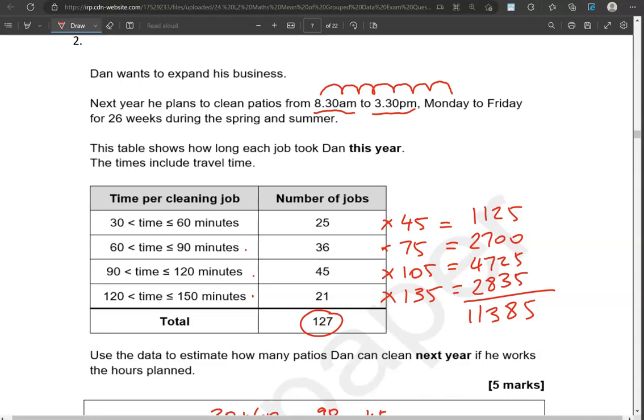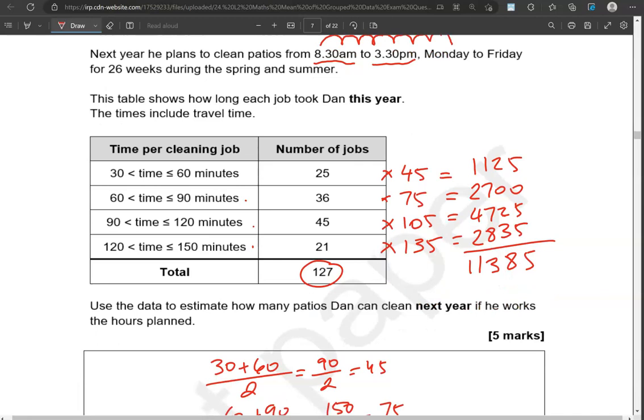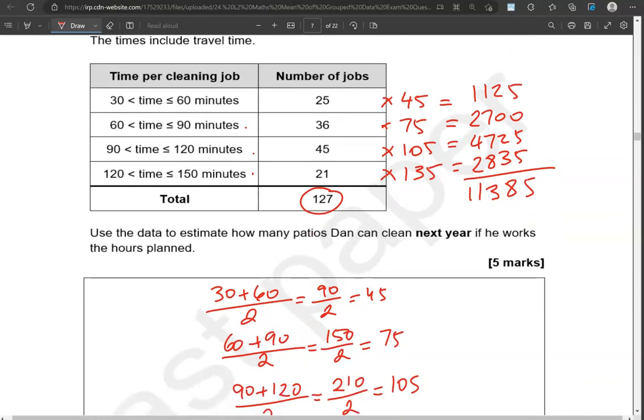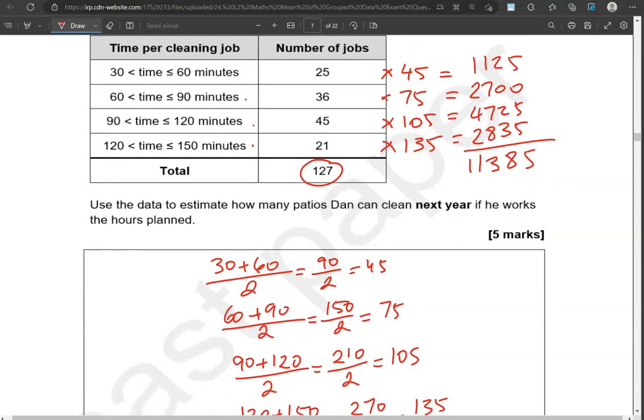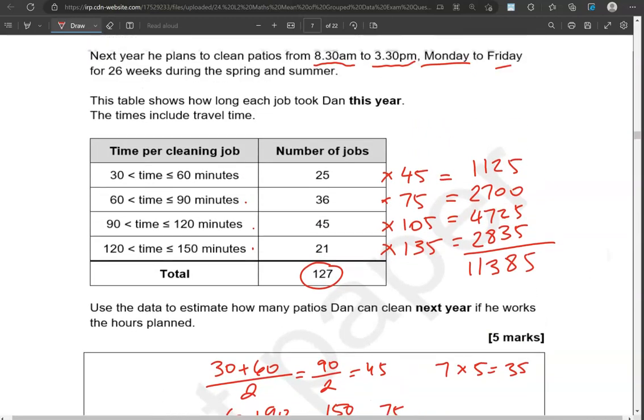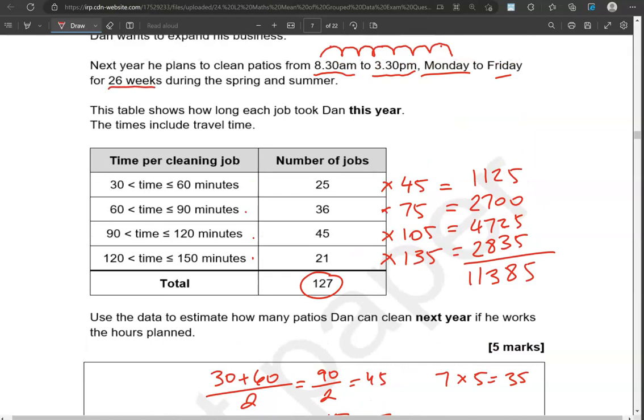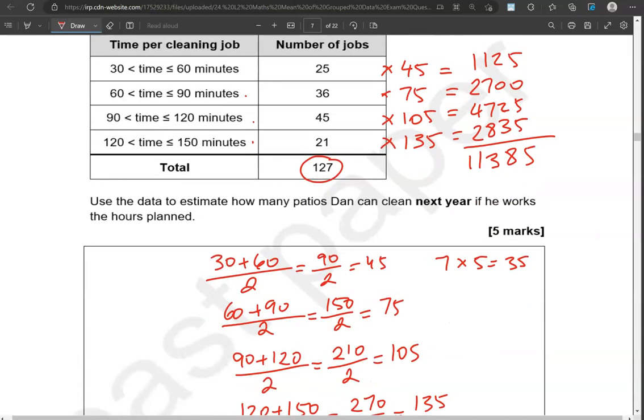So that is 1, 2, 3, 4, 5, 6, 7 hours. So 7 hours, Monday to Friday. So we'll do 7 times 5, which gives us 35 hours a week. And that is for 26 weeks. So 35 times 26